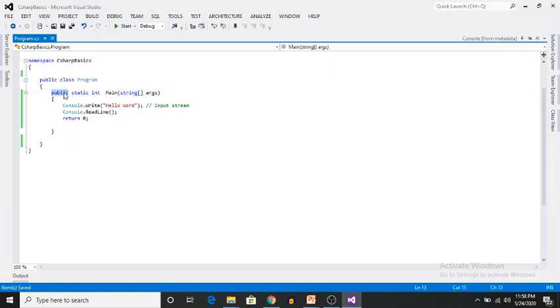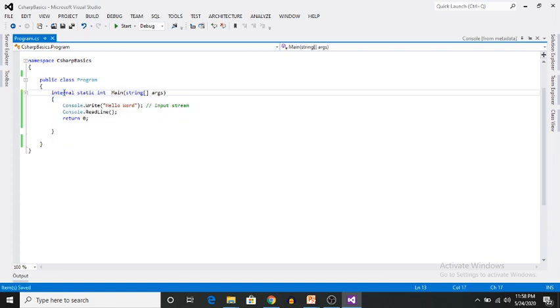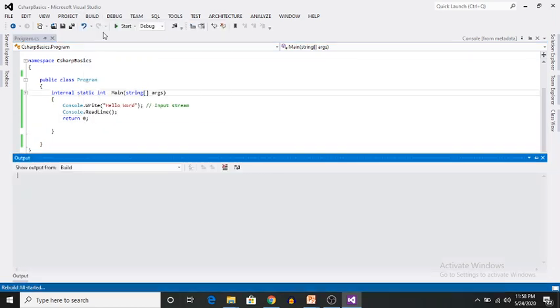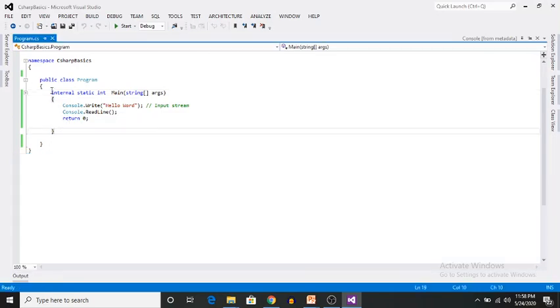Let me change this access specifier to internal. Internal is an access specifier. We will discuss this in the access specifier video sessions. Will my program compile? Yes, it will compile. It means our CLR understands the access specifier, static keyword, return data type, and Main method as an entry point. The access specifier is not mandatory to be public.